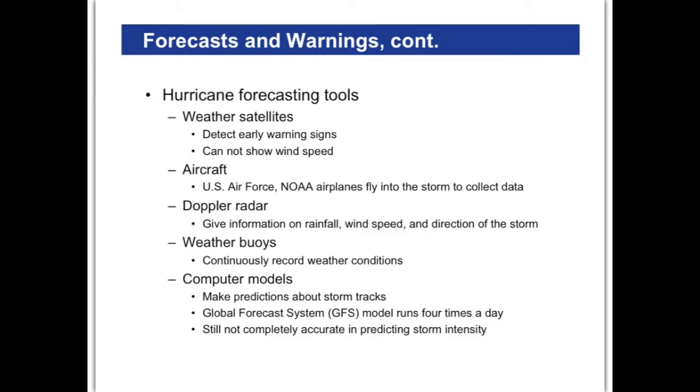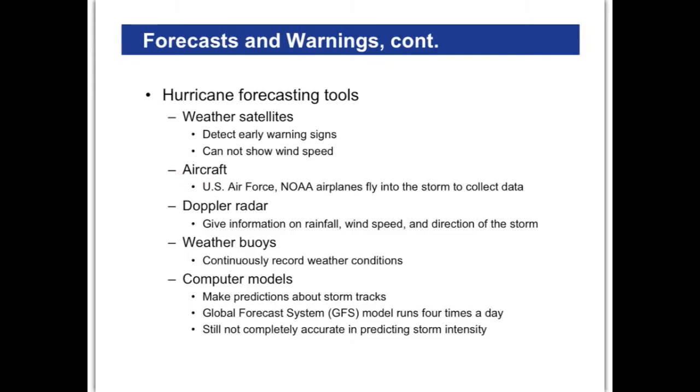All right, so what kinds of things do we use to forecast? There are a whole lot of tools that meteorologists use to make accurate forecasts, and they weigh all these things. Weather satellites, of course. Now, we're used to the day and age of weather satellites and just thinking that, well, we can just look down from space and see which way things are going. But satellites are only one part of making accurate forecasts.